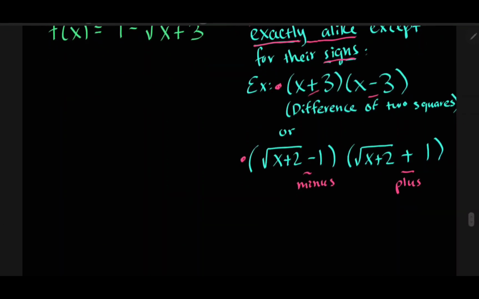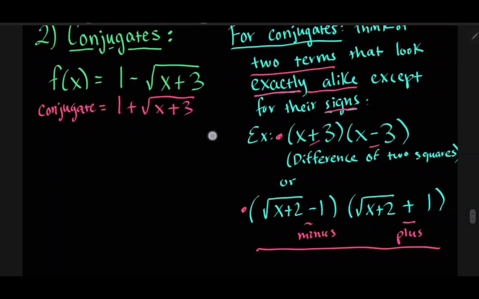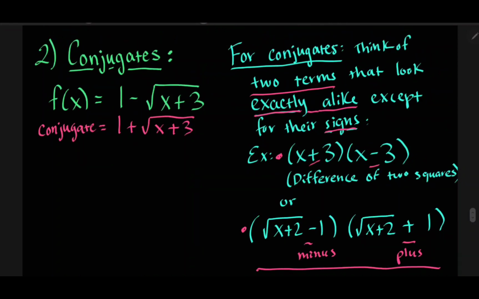Another example would be one for conjugates. Conjugates are always when you have radicals or these square roots here. So the square root of x plus 2 minus 1, its conjugate or opposite would be square root of x plus 2 and then a plus sign, plus 1. So that's the difference for finding your conjugate. The reason why I went over this is because we're going to have to use conjugates in order to simplify